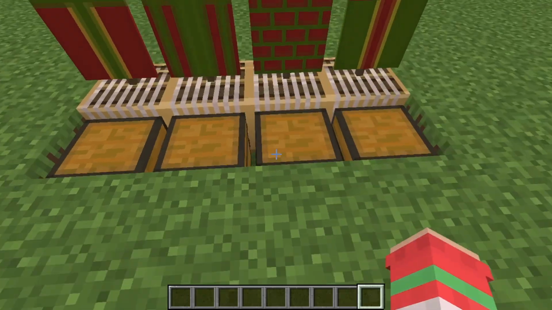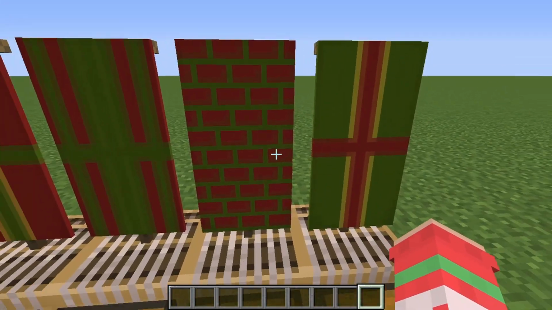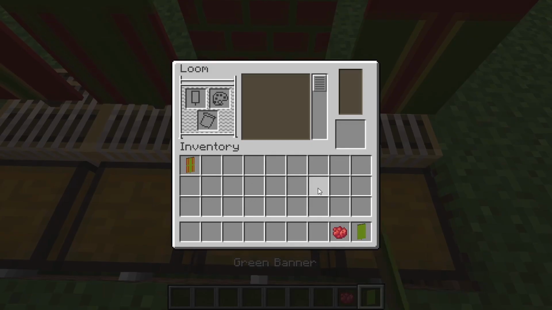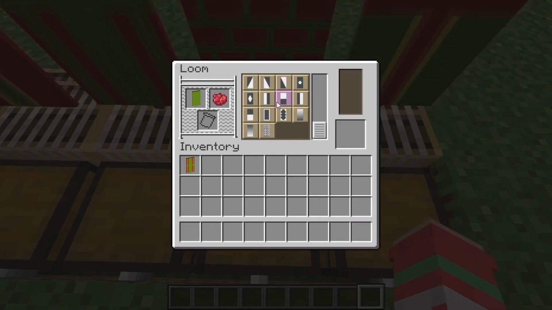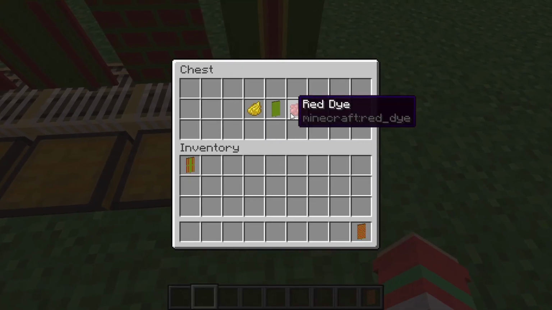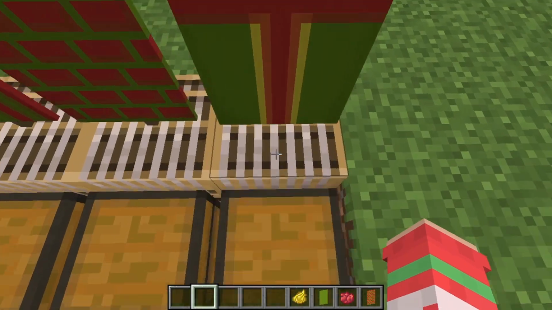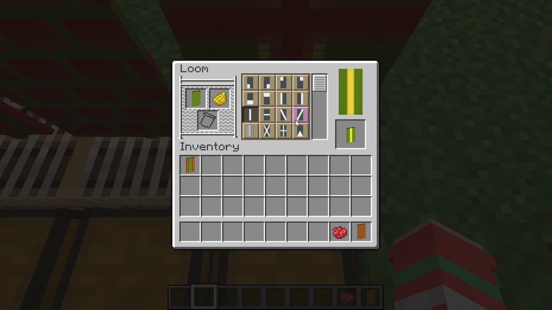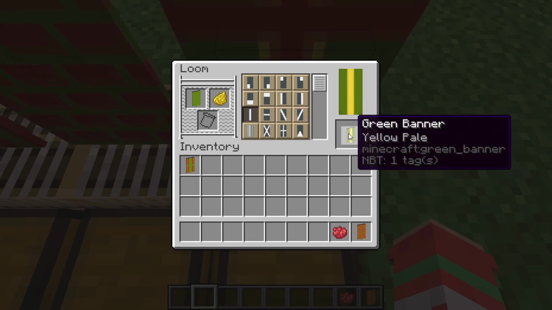Now this one, it's a little bit weird, but I think it's good nonetheless. You only will need a green banner and a red dye. So use a green banner and a red dye and use this pattern, and there you go. This one is just the same as this one, just with different colors, with a green banner and a red dye. So come here, again, a yellow line in the middle, and then a cross,